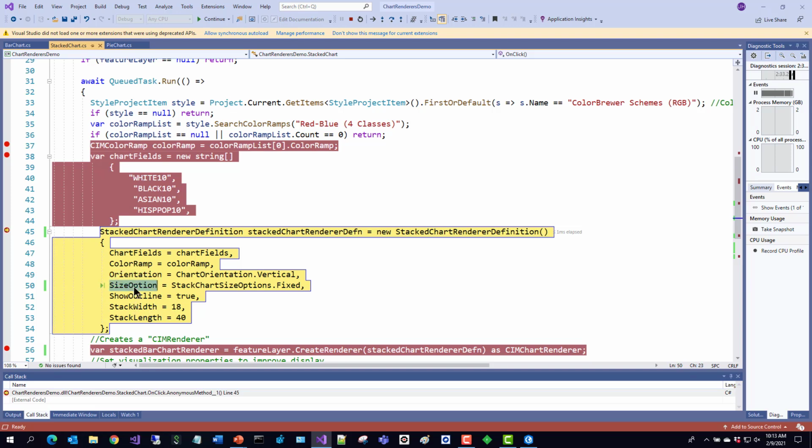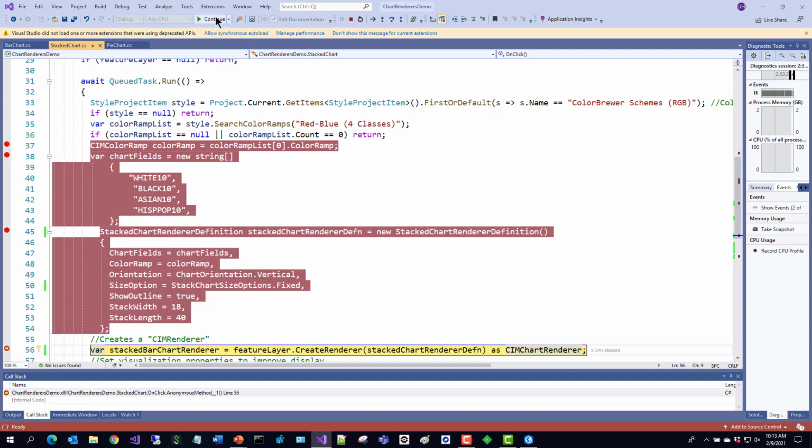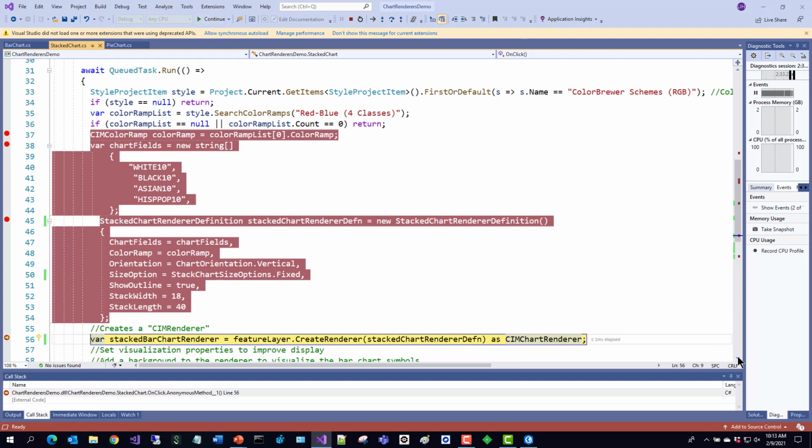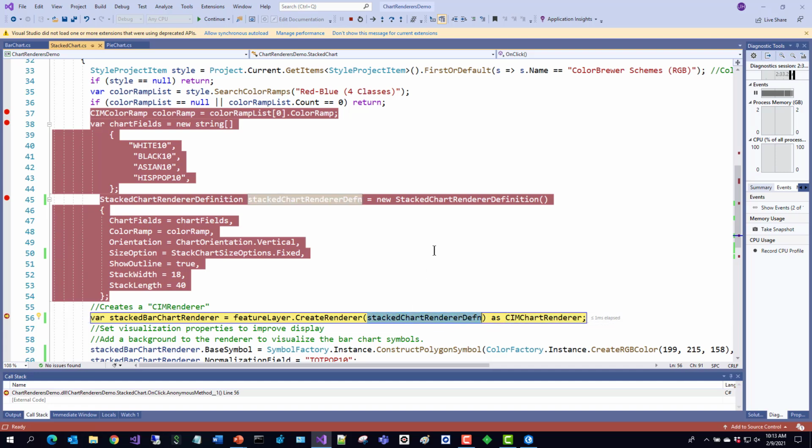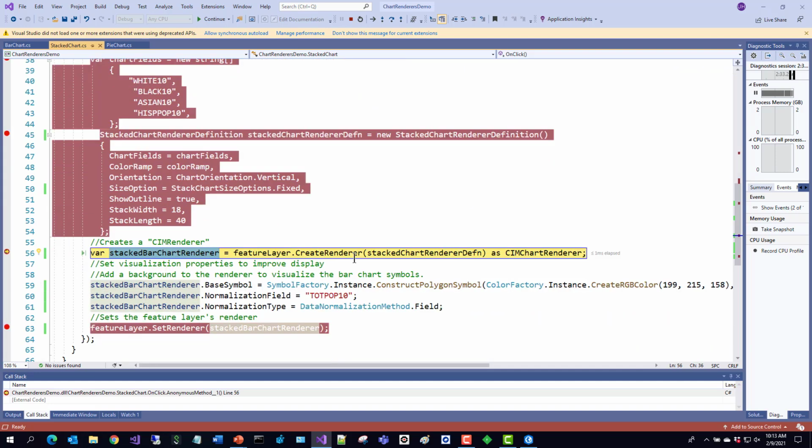So the size option here is new. It can be configured to be fixed size or the sum of the 4 selected fields. I have picked fixed size over here. Next, I call the create renderer method on the feature layer. I pass in the stacked chart renderer definition object that I just configured. This method returns a sim renderer. Again, I cast it to the sim chart renderer and I store it in this variable, stacked bar chart renderer